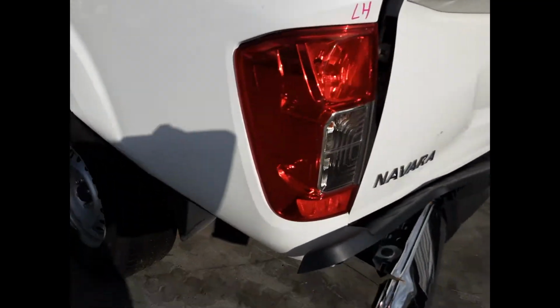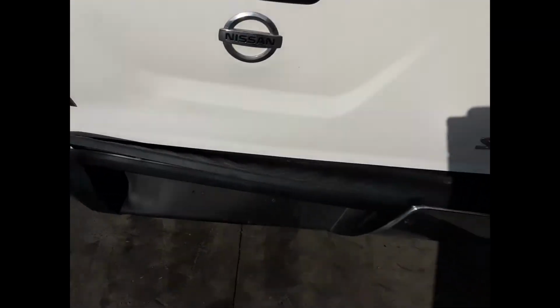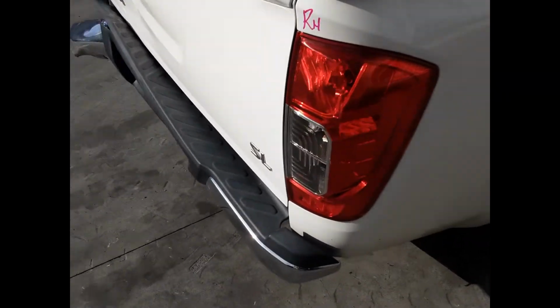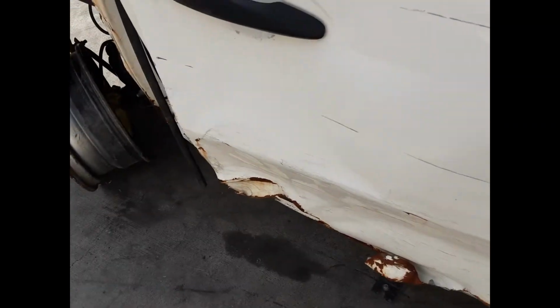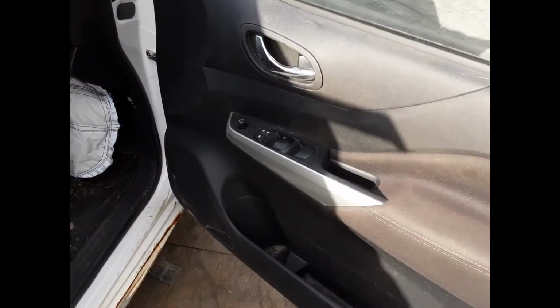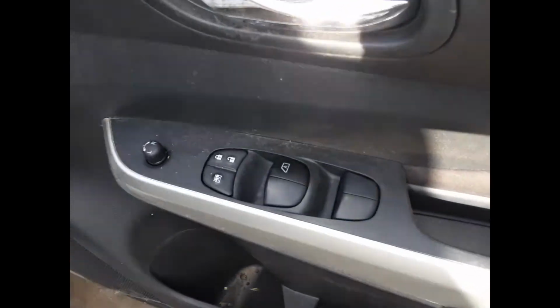Left hand tail light, right hand tail light, driver's side door trim, power window master switch. This vehicle is fitted with black cloth interior,